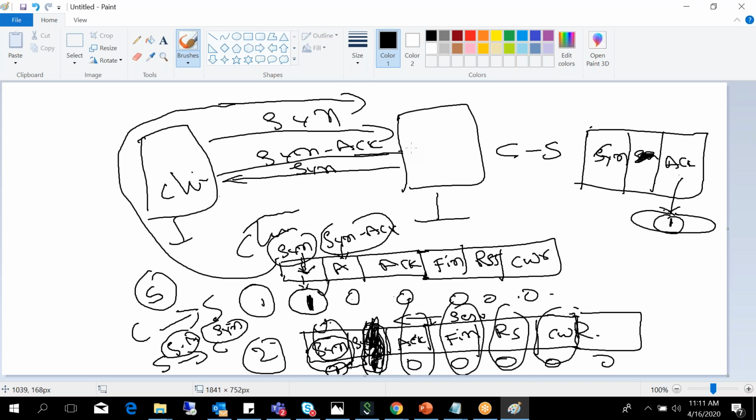So why exactly do we go for a TCP three-way handshake? In a TCP three-way handshake, they will share a couple of pieces of information. The client and server have to be synchronized. It means how many packets per window you want me to send, and what the retransmission is: within how much time I have to wait for a retransmission.